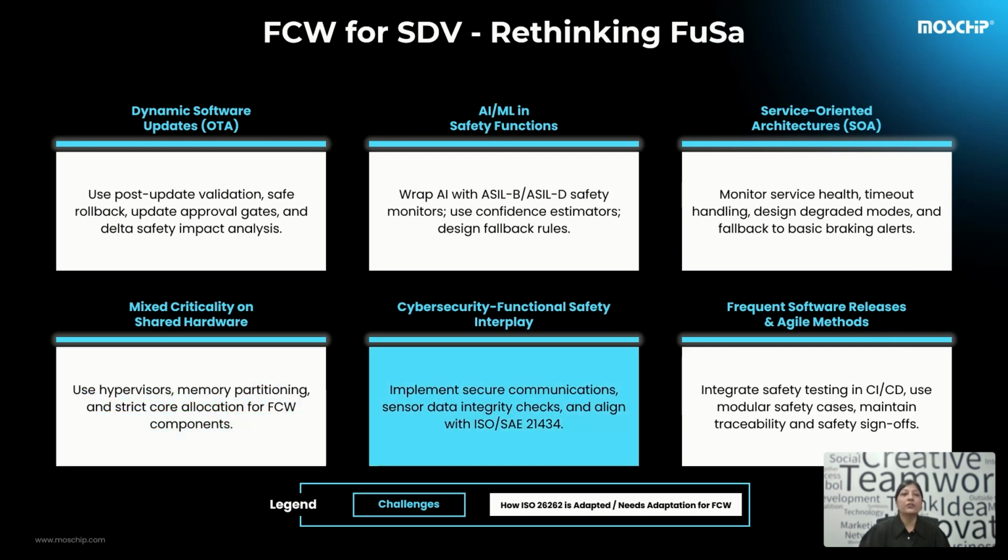Next is cybersecurity and functional safety. They are now twins. Sensor data tampering can mislead FCW logic. So our sensor frames carry CRCs, counters, and authentication tags. Finally, frequent software releases and agile methods keep everything moving. Automated safety regressions, update approval gates, and post deployment analytics close the loop so each update renews the safety contract